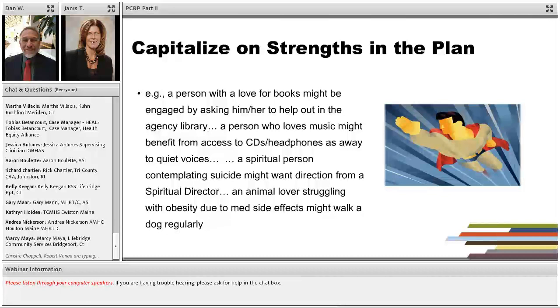I think by actively tapping into the strengths, you can really use those sometimes to give a person something to move toward in their life, as opposed to just focusing on things that they're trying to leave behind, if you will. I remember doing some work in a group home with an older gentleman, and the team had been working for a long time to support him in moving into an apartment in the community on his own. Every time they got close to that transition point, he would get extremely anxious. He was very ambivalent about leaving.